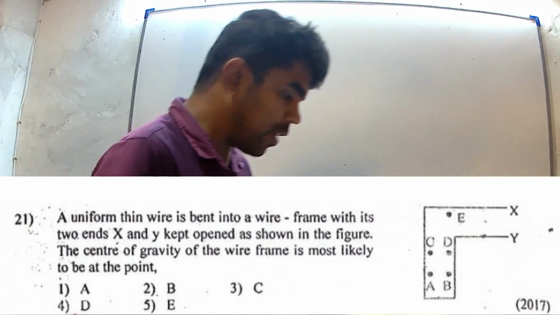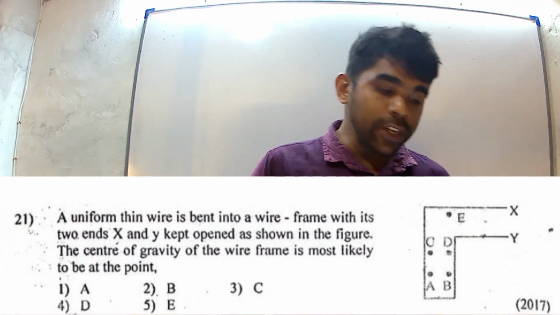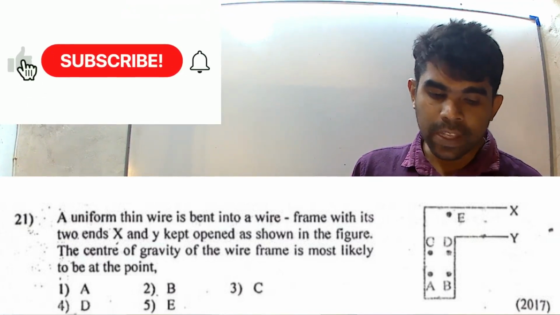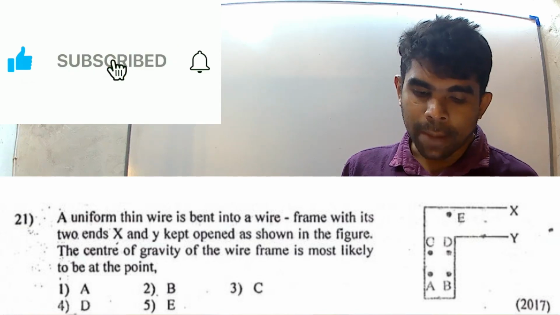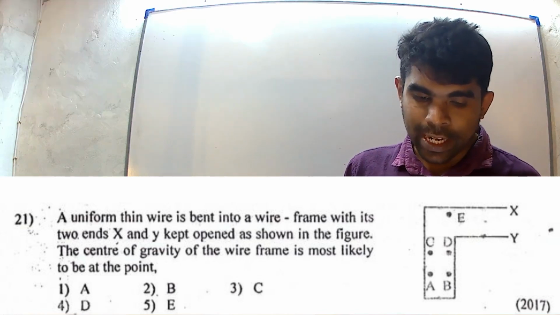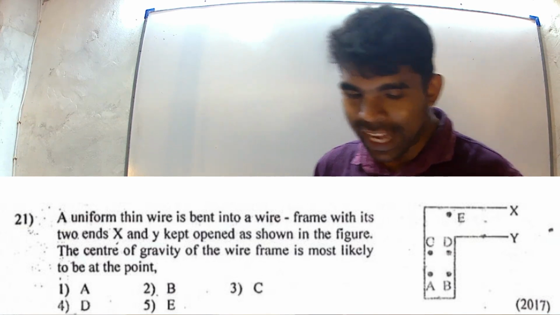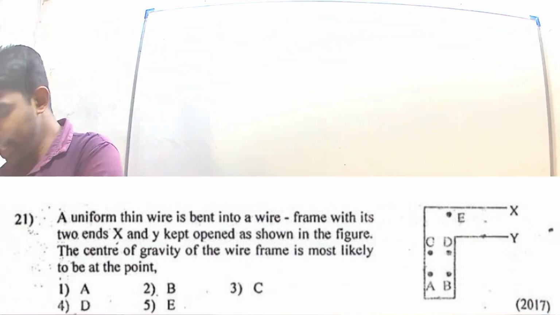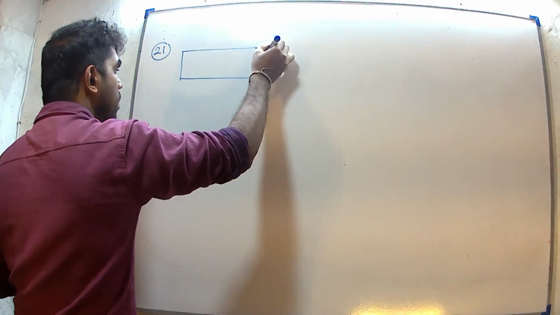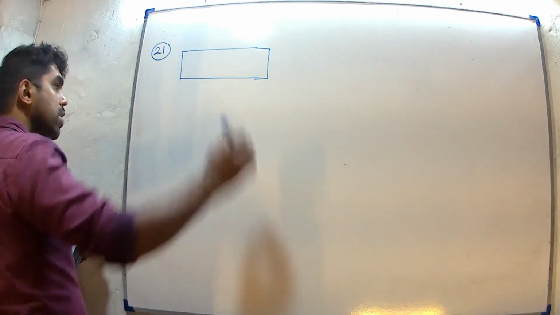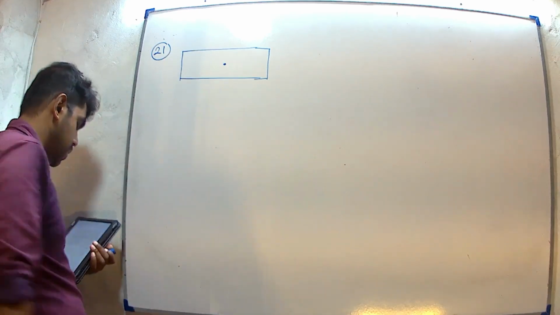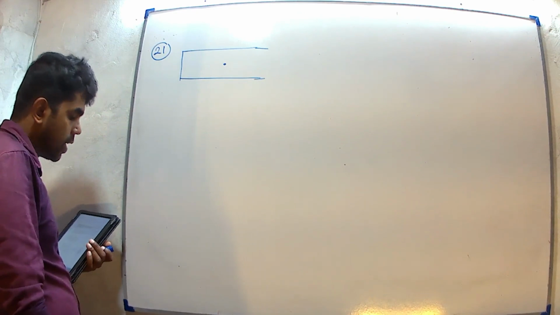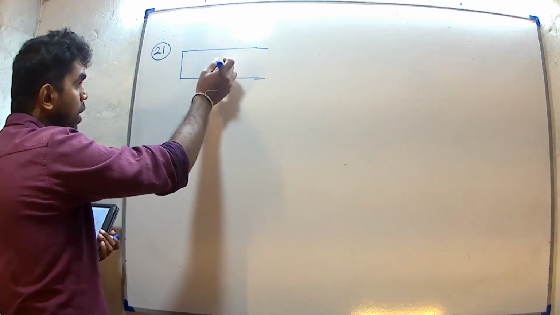Then question number 21. A uniform thin wire is bent into a wire frame with its two ends X and Y kept open as shown in the figure. The center of gravity of the wire frame is most likely to be at the point. If there is a full frame for this part, the center of gravity should be the midpoint. But this part is not given in the frame. Therefore, the center of gravity should be